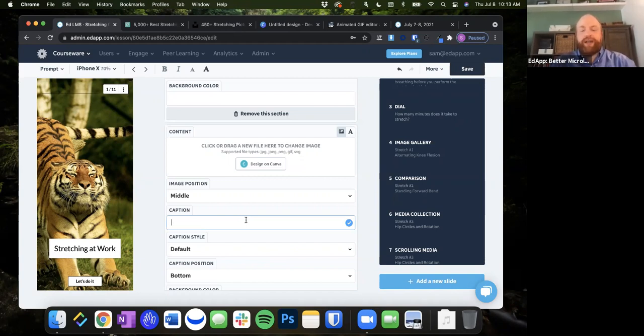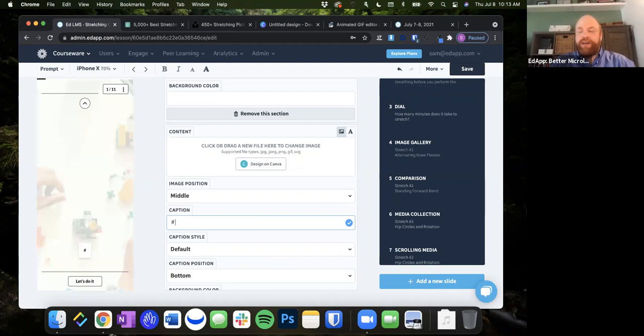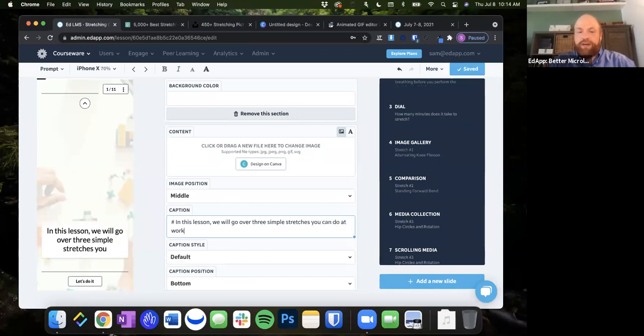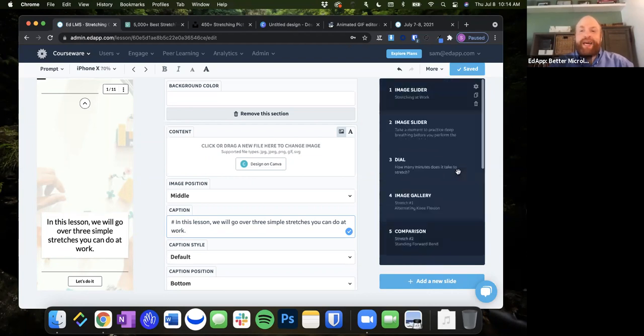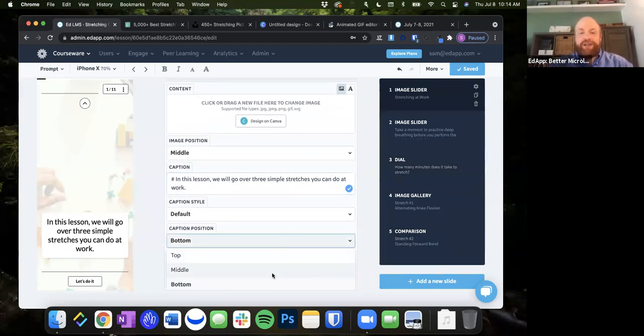Okay, so I'm going to write a very clear objective in 1 sentence. In this lesson, we will go over 3 simple stretches you can do at work. Now, this may seem redundant, right? Because we're going into the lesson and there's 3 stretches there. But I will tell you that this is so important, because if you set up your expectation early